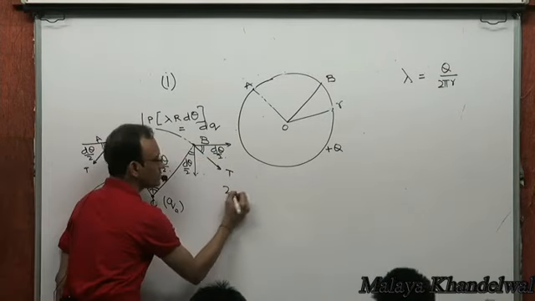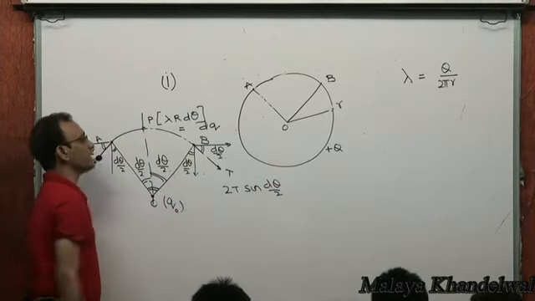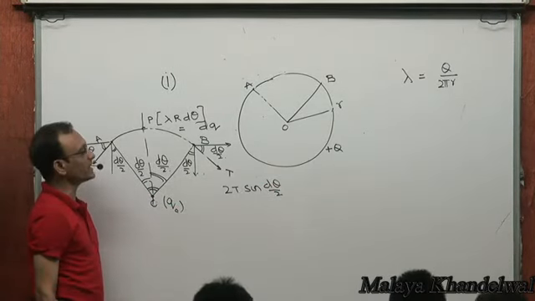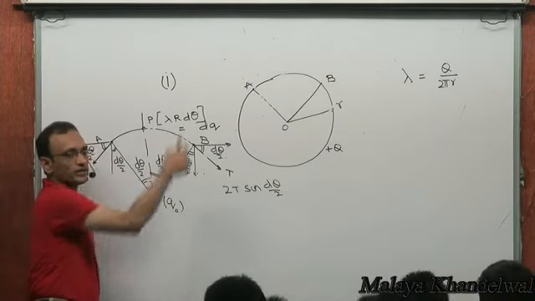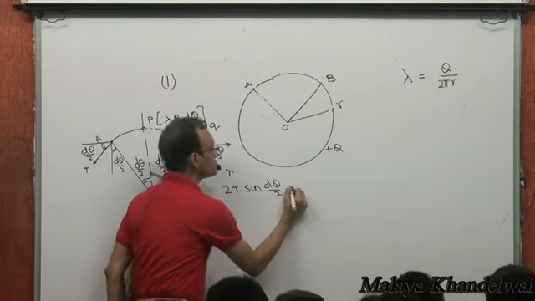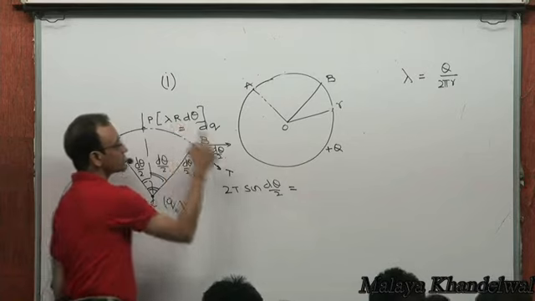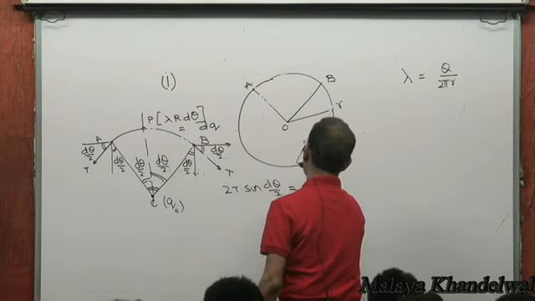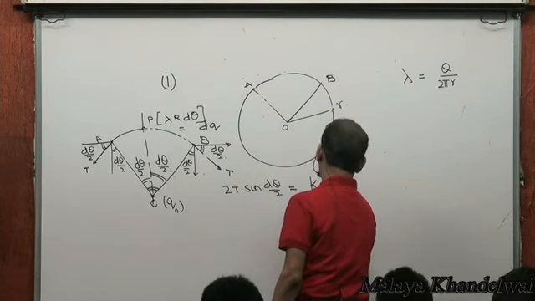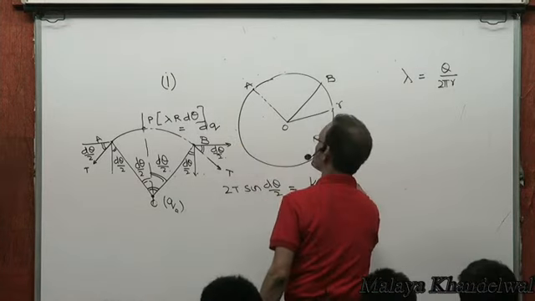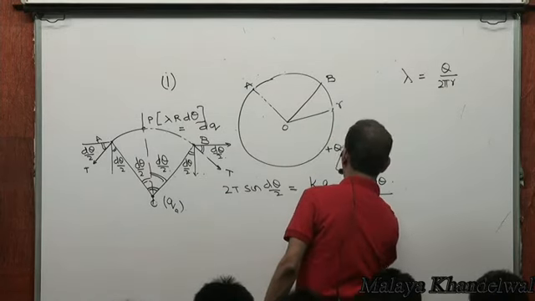2t sine d theta by 2 would be the vertical component of the tension acting on this AB. The horizontal components of t will get cancelled off, and this must balance the repulsion between this charge and this charge. So what's the repulsion between the two charges? K, which is 1 by 4 pi epsilon naught, into Q naught, into this charge, which is lambda r d theta, divided by r squared,